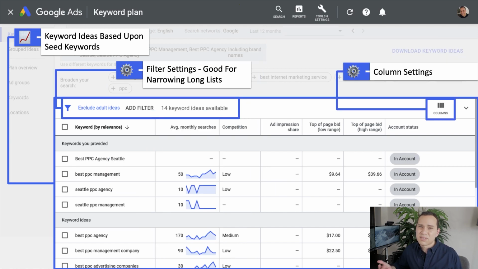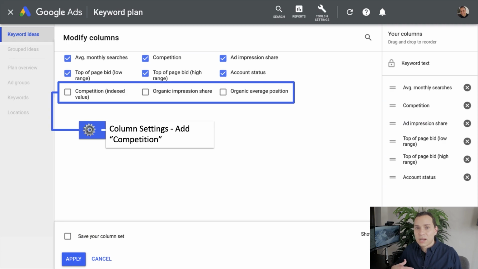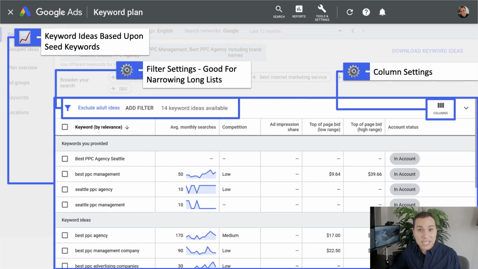And finally, we have columns. There's not really much you need to do here. You can just turn on and off some columns. The only other column that I'd recommend playing with is the competition column. And that's if you're trying to really figure out which keywords you should go after. If you have a small budget and you're seeing that the cost per click to be on the first page is really, really high, and you're trying to find one or two keywords that you might be able to stretch your budget to use, that's a little advanced, so we won't get too much into that, but that's just something you can do. A column you can add if you're finding that all of these look too expensive. Where's an opportunity where I might actually compete with a smaller budget? And so that does it for all of your settings here.